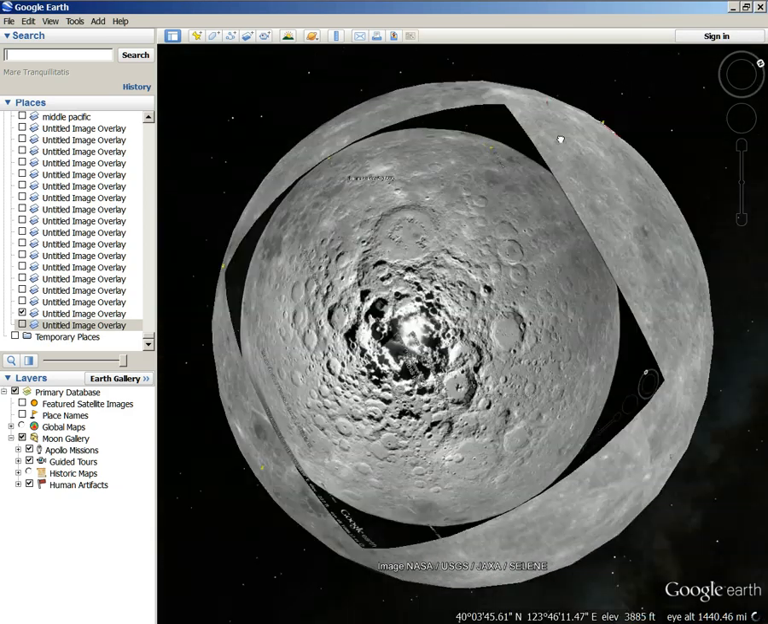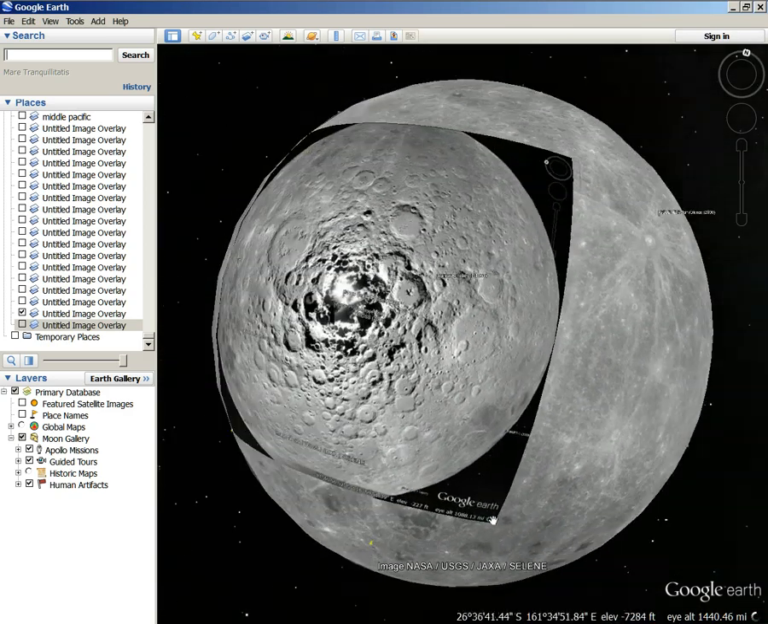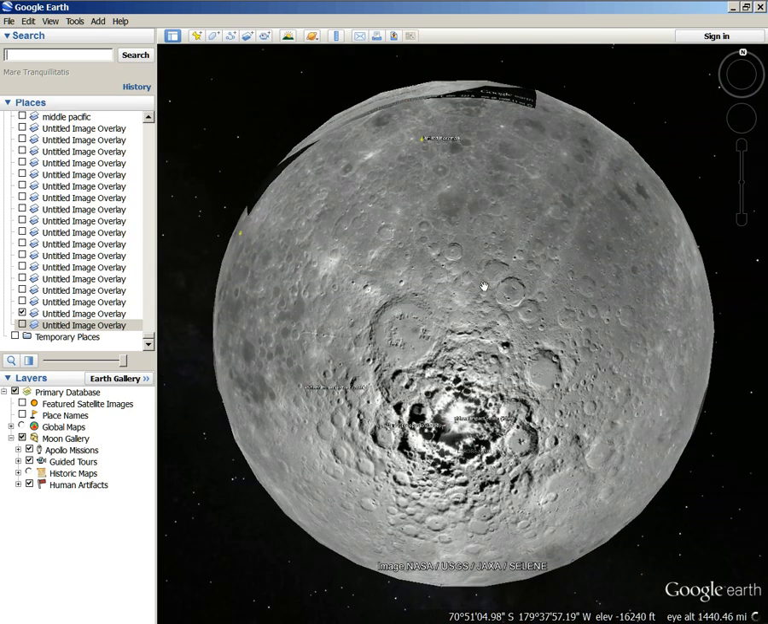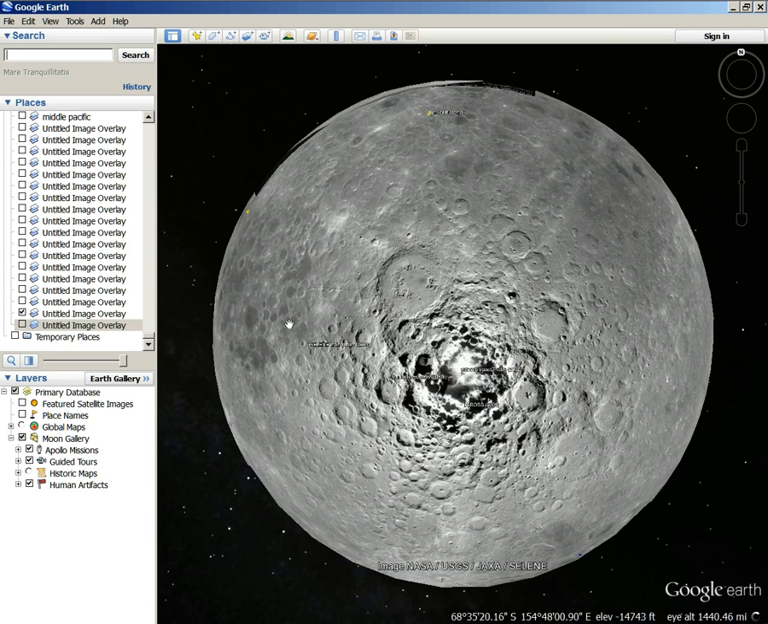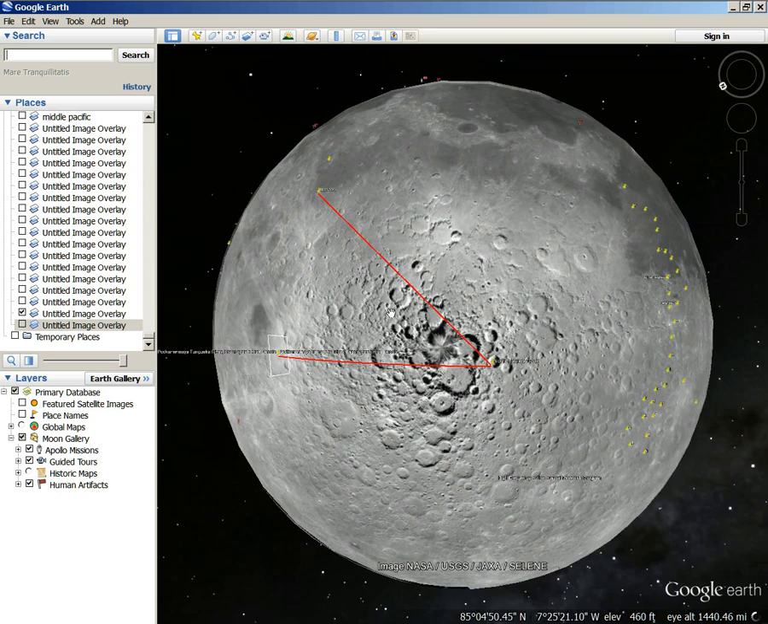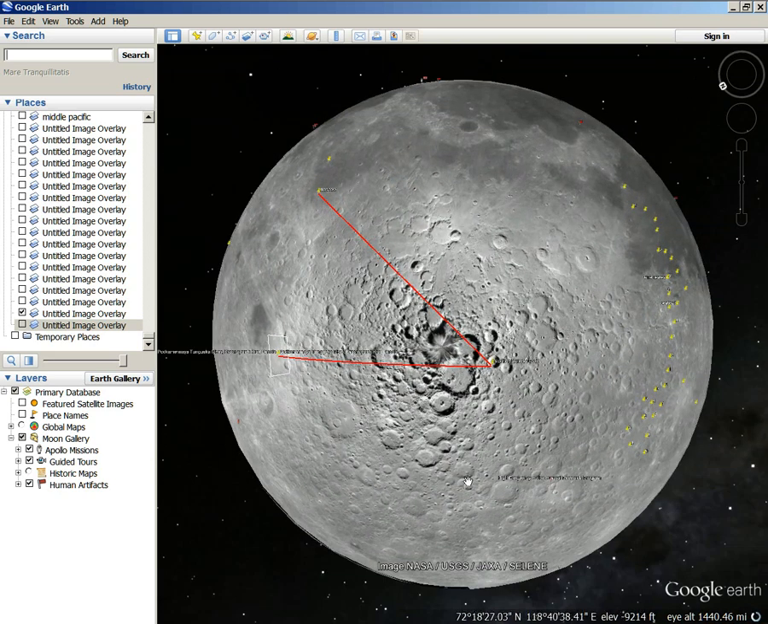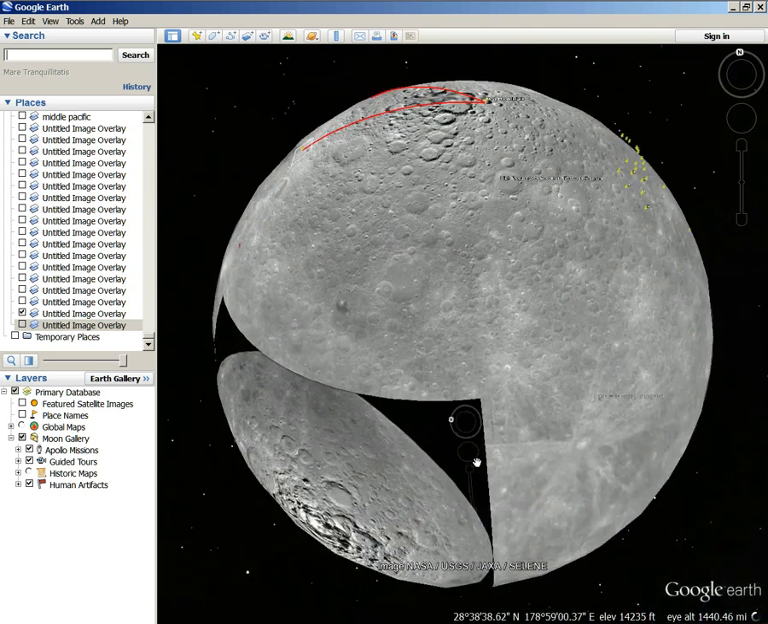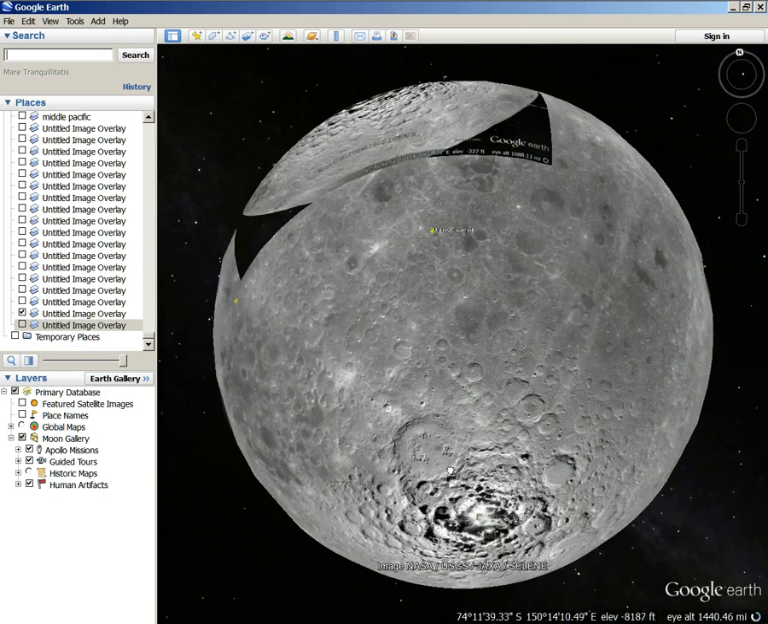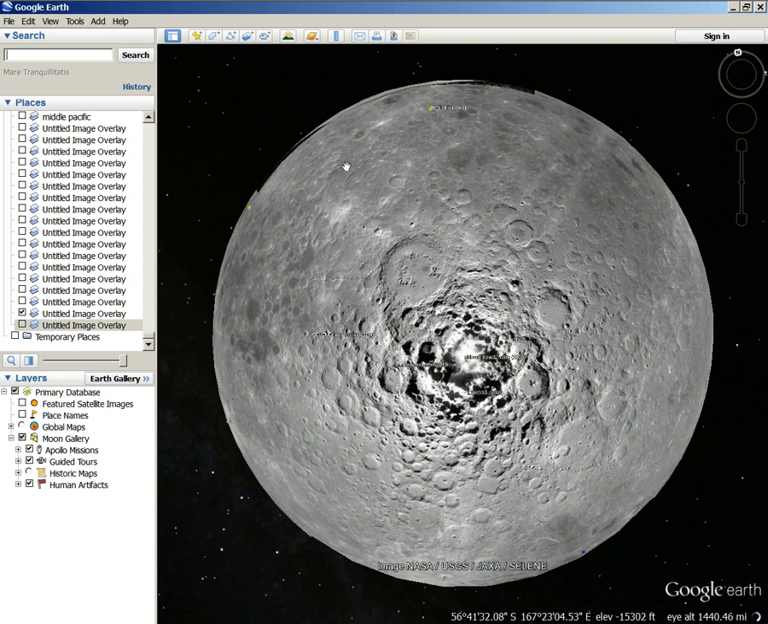Basically, I cannot overlay an image on Google Moon at the poles. You can't do that with this program. I cannot overlay a picture at the lunar south pole or north pole. It does not work. The same with the Earth. You cannot do it. So what I had to do basically is go down to the lunar south pole and